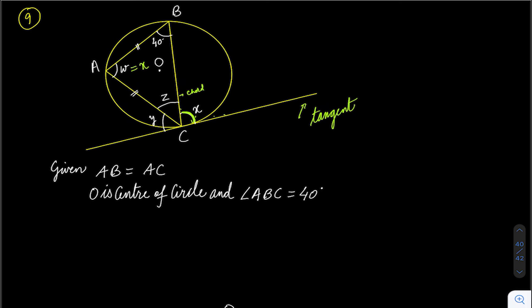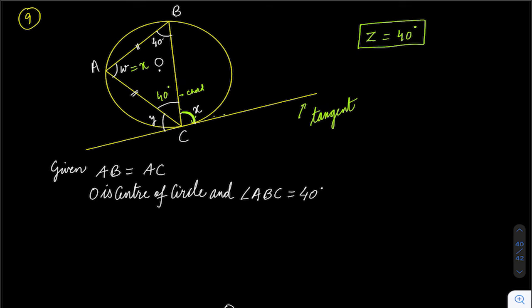Next thing, it's given AB and AC are equal, so obviously it's an isosceles triangle. So angle Z should be equal to 40, because AB and AC are equal. So that is the Z value. Let's erase this Z and write 40 degrees. Okay, that's well done.